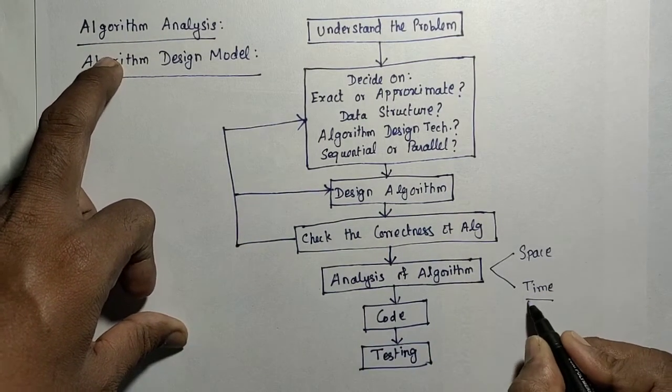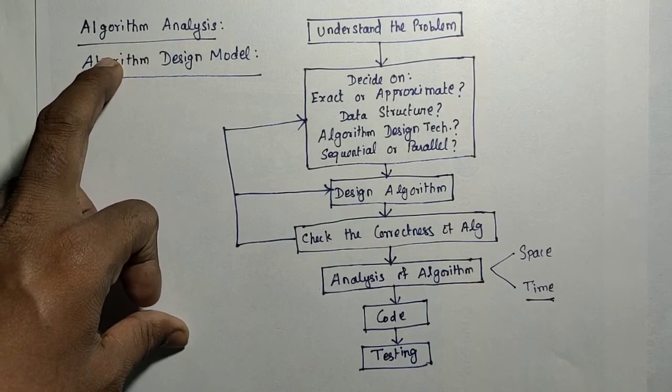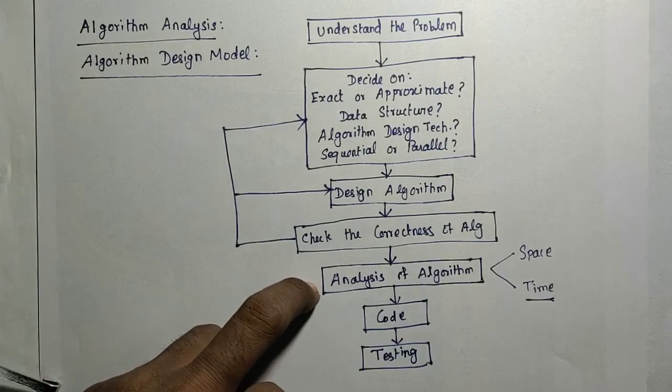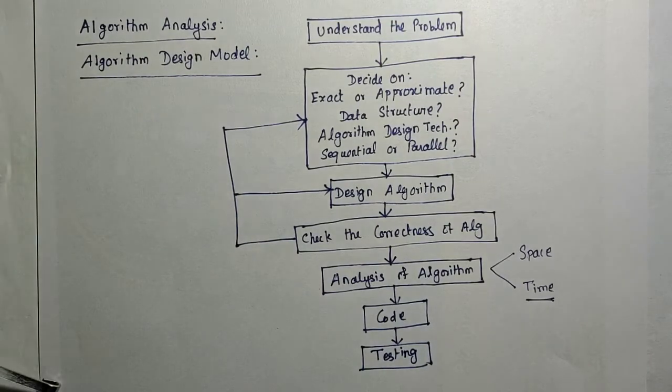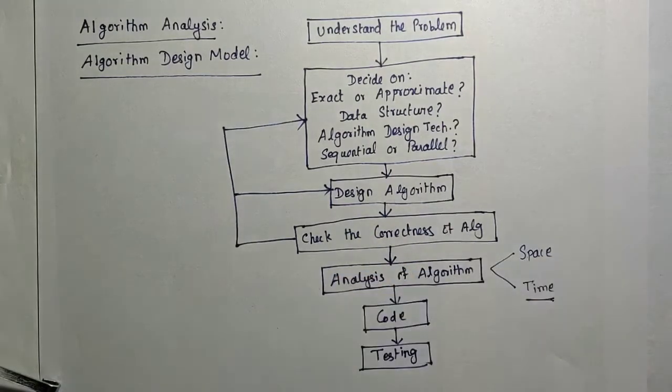So how can we say the time complexity of an algorithm? For that, we need to analyze your algorithm. By analyzing it, I need to say the time complexity. So before implementing, before finding the execution time through the language code, we need to analyze the algorithm itself. Approximately, you have to say the efficiency of that algorithm in terms of its time complexity.